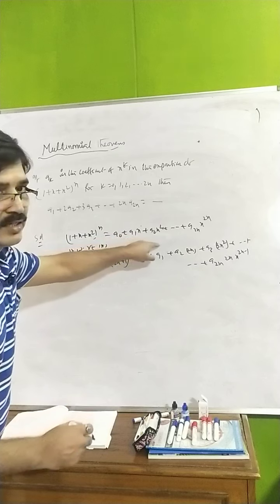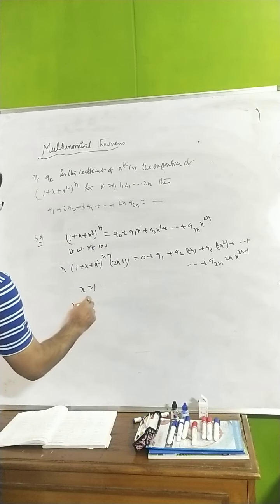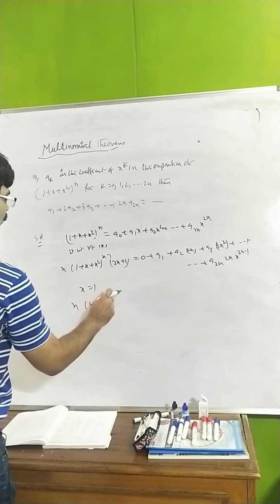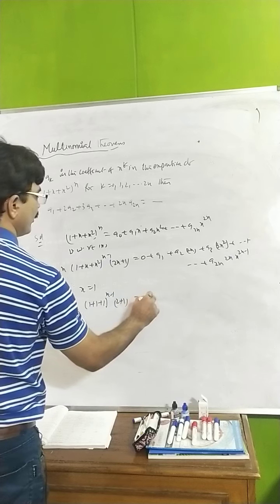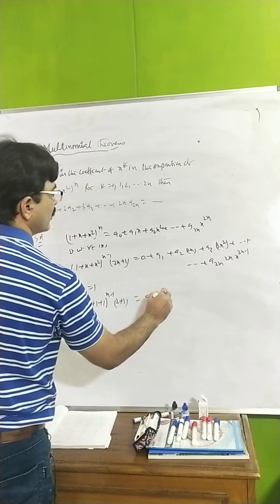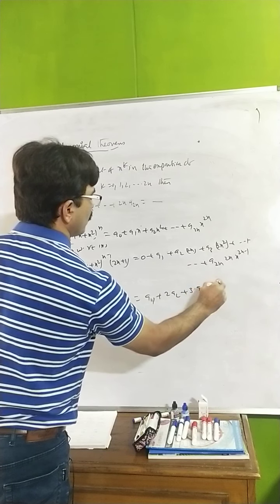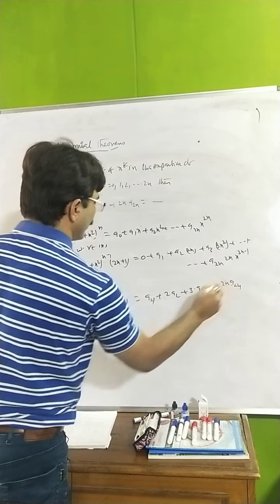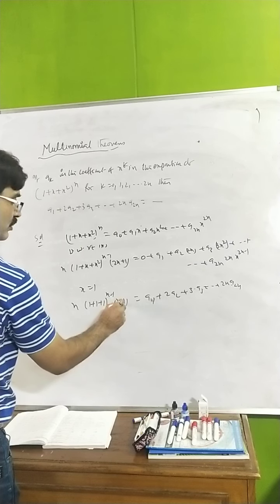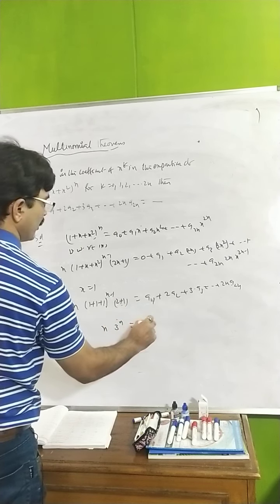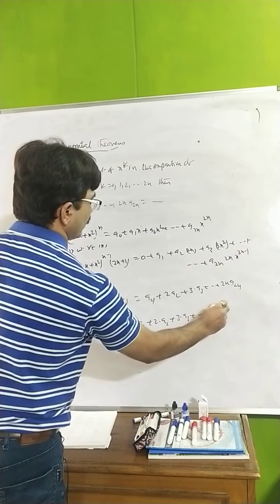Now actually we want to get the coefficients only. So x is equal to 1 you substitute: n into (1 plus 1 plus 1) whole to the power of n minus 1, and 2 plus 1 here. We got it here: a1 plus 2a2 plus 3a3, and so on, plus 2n a2n. Now what is the answer here? n into 3 to the power of n minus 1, this is also 3. So we get a1 plus 2a2 plus 3a3 plus so on, 2n a2n.